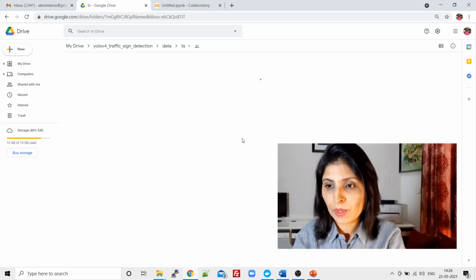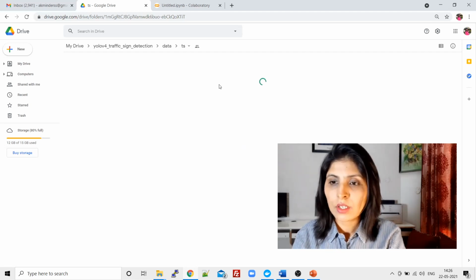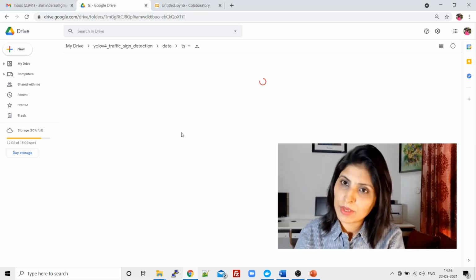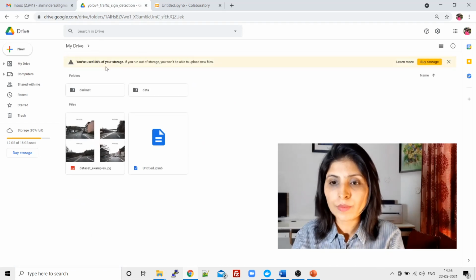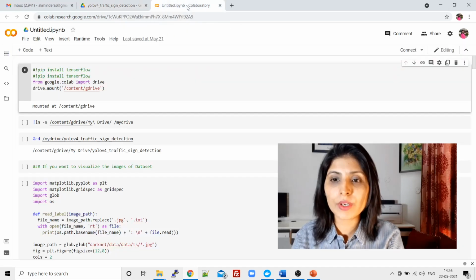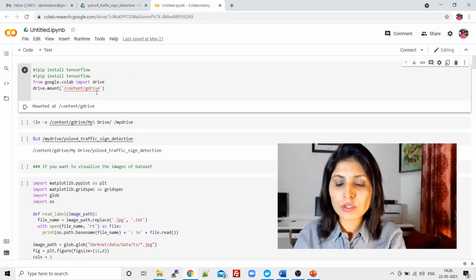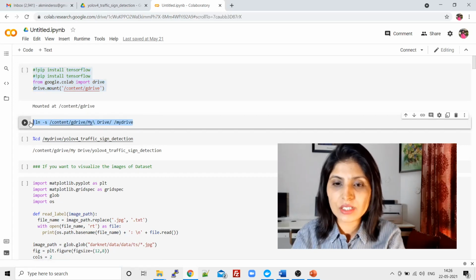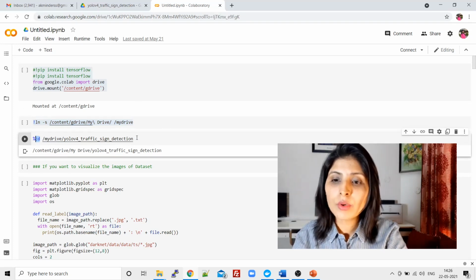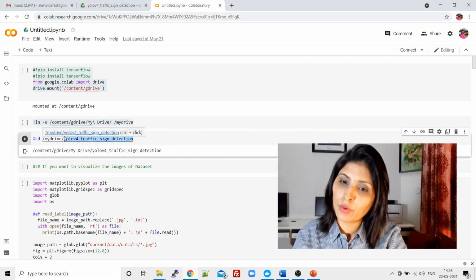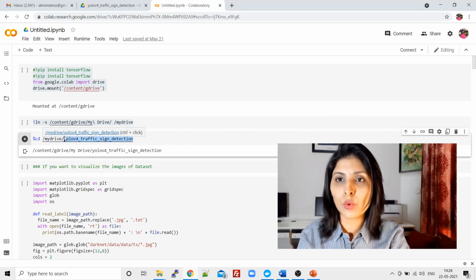Over here, basically we have images and their related text files. Now let's go back to the traffic sign detection folder. This is my code. I have opened this code over here, and now let me explain it. First of all, these two cells are just mounting my folder on the drive and accessing it. The code starts from here. With cd, I'm entering the YOLO V4 detection folder, and now I will work in this folder only.